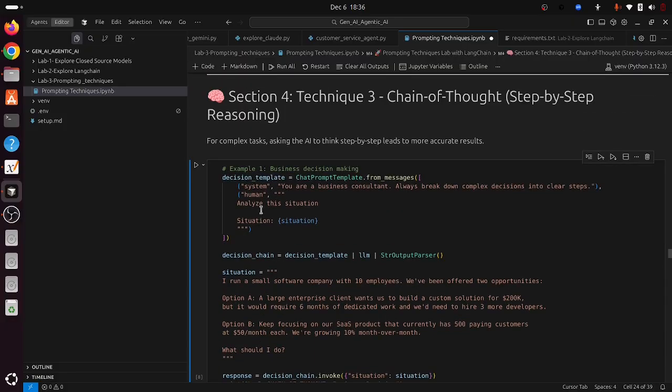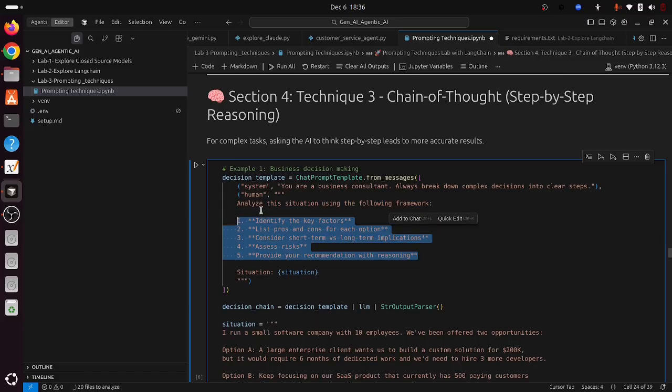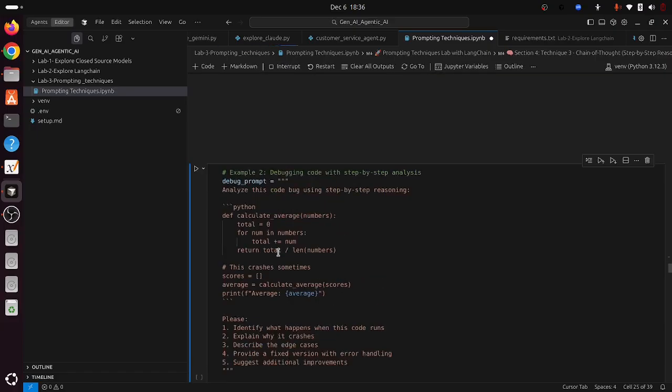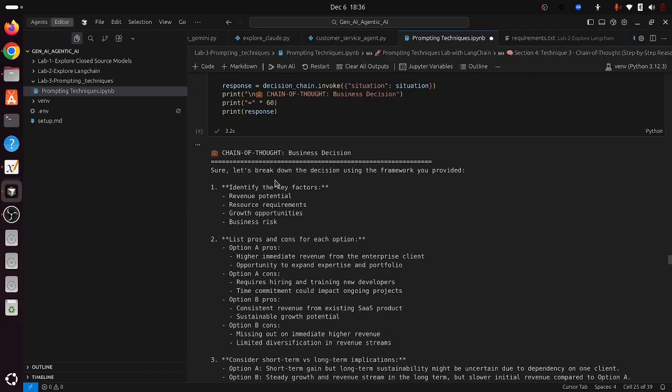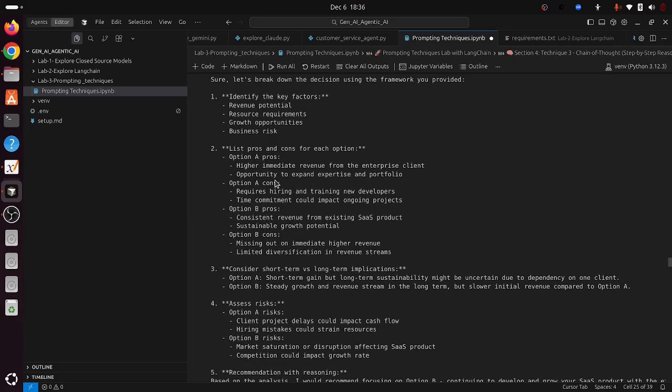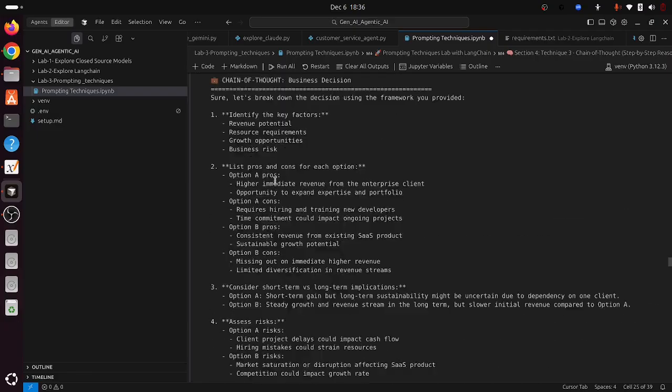So now imagine I don't want this kind of response. I want the LLM to follow my own framework, my own step-by-step procedure, these exact steps, to get me the result. So now if you do this, you can see exactly your LLM followed the same steps you recommended.